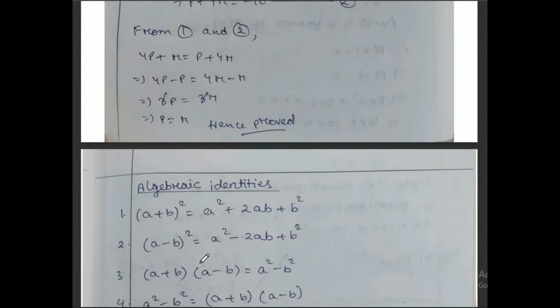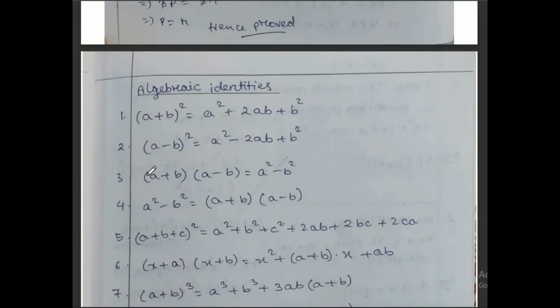Now, to start exercise 2.5, we have a lot of algebraic identities. That is formulas, which I am going to give you. Number 1, straightforward, you are going to memorize it. (a plus b) whole square equals a square plus 2ab plus b square. Remember that the in-between sign should be positive. First term, whatever you will have, you will take as a. Second term for b. Even for all the other questions, if the format is like this, then you can apply this formula. So remember, (a plus b) whole square equals a square plus 2ab plus b square.